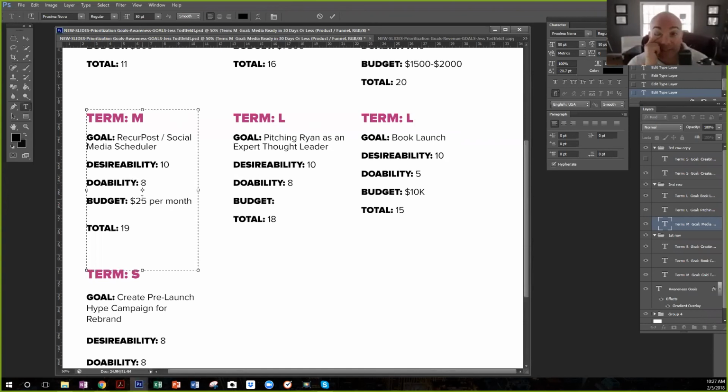Now I see some potential here of creating some branding work for you to post in here. So those beautiful images that you just got shot, we can create some really awesome banner ads and you upload them into Recur Post and you push that. They start showing up all over. Right. And you got that beautiful shoot done. You might as well use those images, right? So now it's $25 a month for Recur Post, but let's just say you had a budget for having someone create some design work for you for those posts. What would that look like?